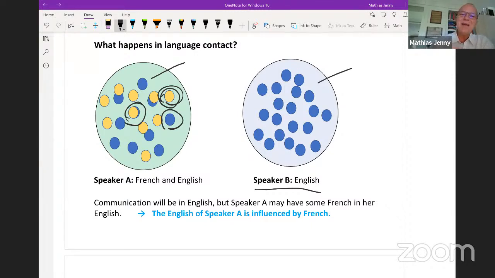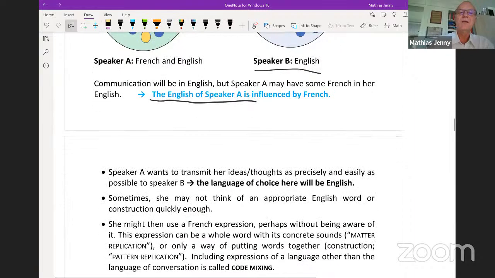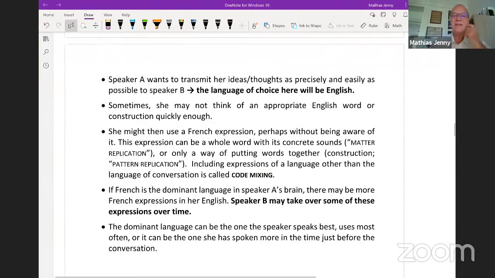But because speaker A also knows French, she may use some French expressions in her English. She may use some French pronunciations or syntax in her English. So the English of speaker A is colored a bit by French. And this happens right in the head of speaker A, of course. Now, if you look at this contact scenario,